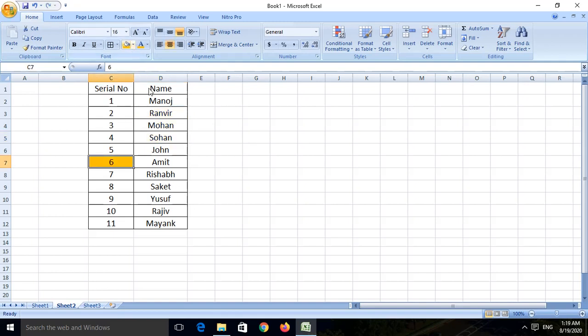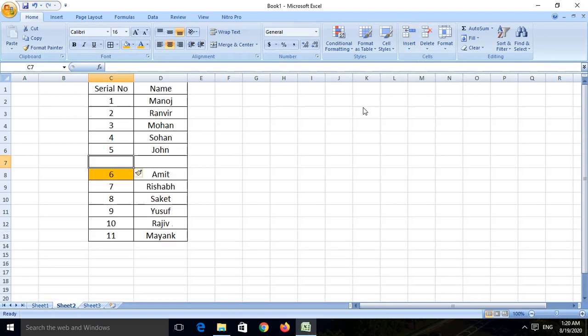Students, always remember, whichever cell you have selected, and after selecting that particular cell, whenever you are trying to insert a row, the new row is inserted above the selected cell. Here, let us say I have selected this particular cell. It is written 6. Now, if I want to insert a row, what will happen? It will be inserted just above that particular cell.